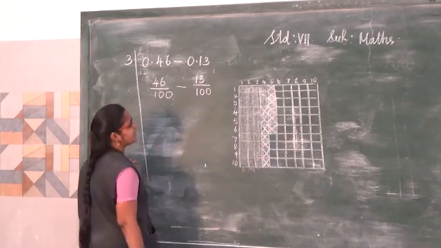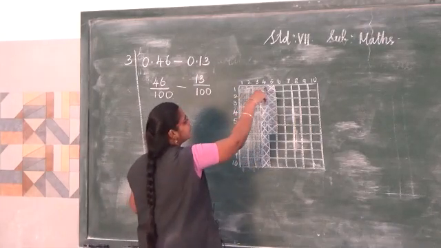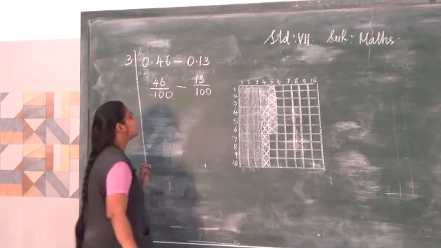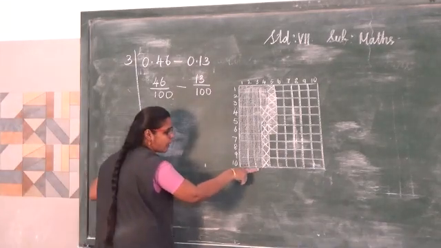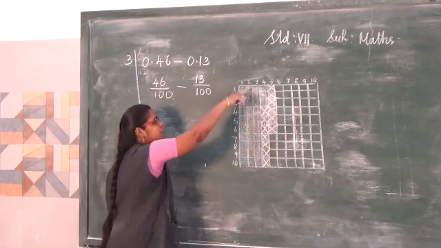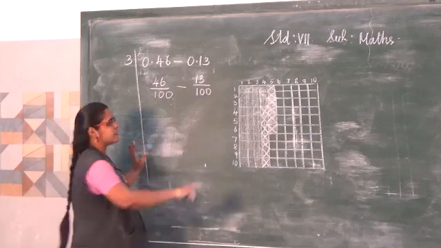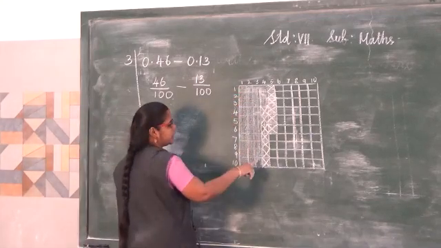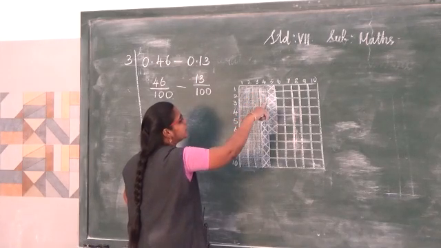Now what is the remaining thing? Here 30 it is there. Here how many it is there? 1, 2, 3. So 33 is the answer. So this is the way you have to draw in the grid. So 13 I have removed. The remaining unshaded portion it is there, no? That is the answer for this. So here 30 and then shaded portion 1, 2, 3, 33.